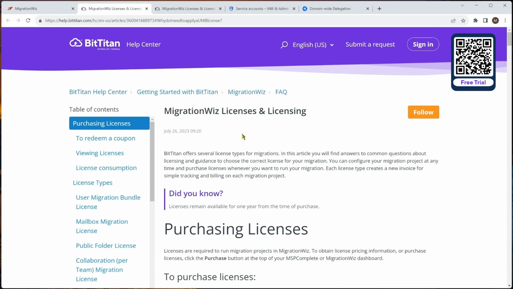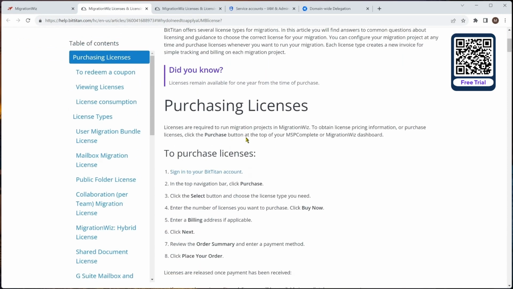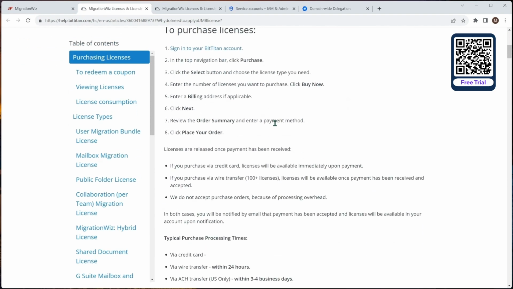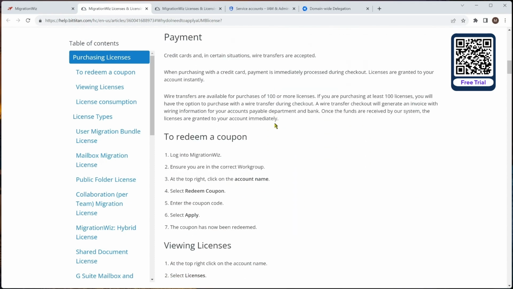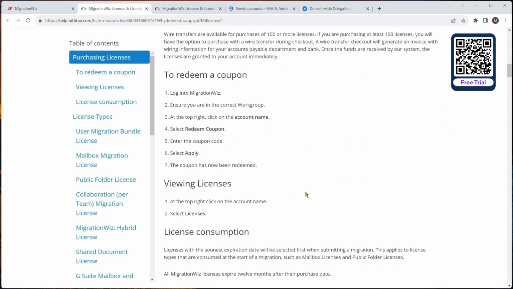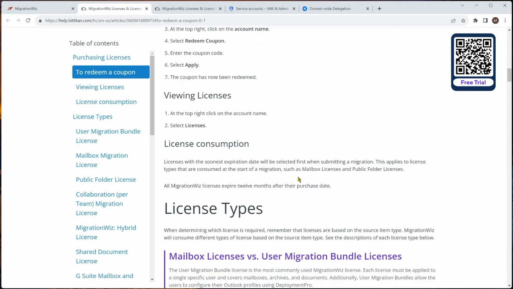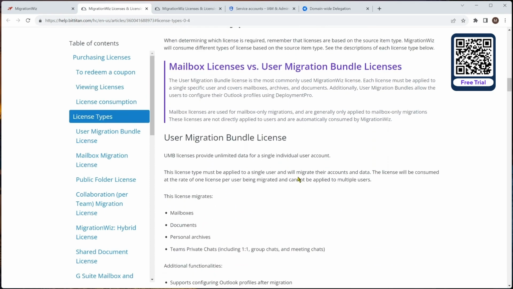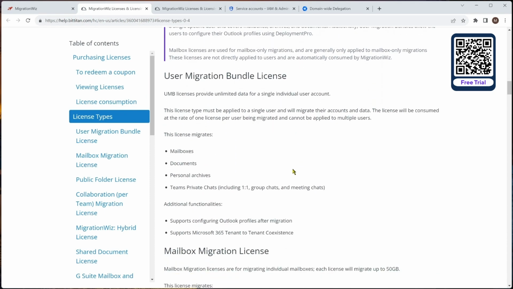You can see that links us straight through to that help desk article as you saw before, but it does tell us how to go ahead and purchase licenses and how to do all of that, which is handy. Also how to redeem coupons and look at the license consumption as well. Talks about all the different types there. So it's a good article to read in terms of licensing, just to understand how licensing works in the BitTitan